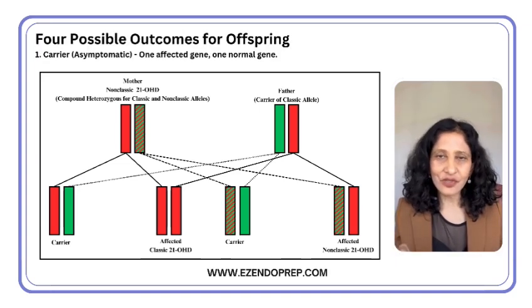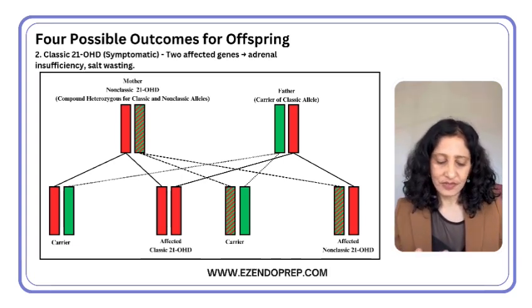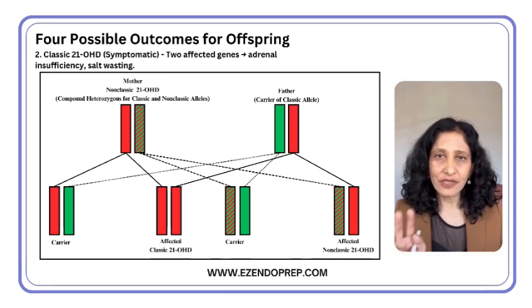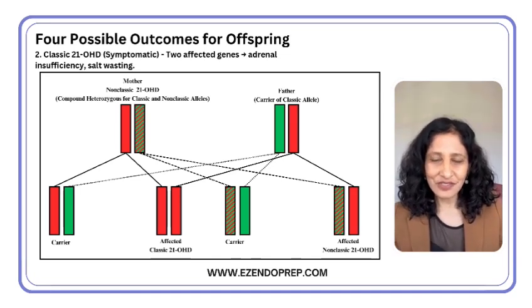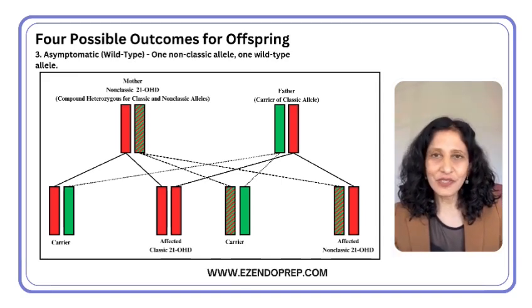In the first scenario, the child is a carrier because the child gets one affected gene and one normal gene, asymptomatic. Second option, if the child gets two affected genes, the child will have classic 21-hydroxylase deficiency, adrenal insufficiency, salt wasting, be very symptomatic. Third option, if the child gets a non-classic allele and a wild-type allele,